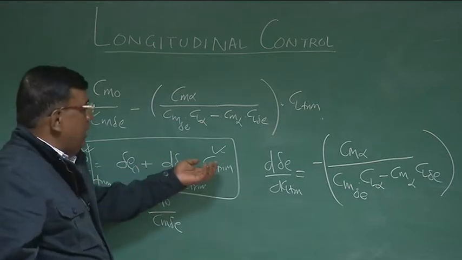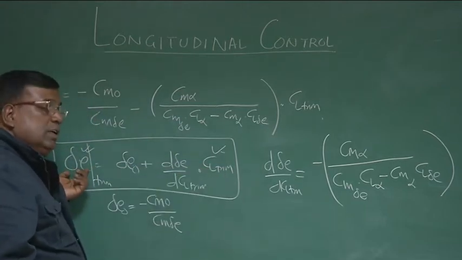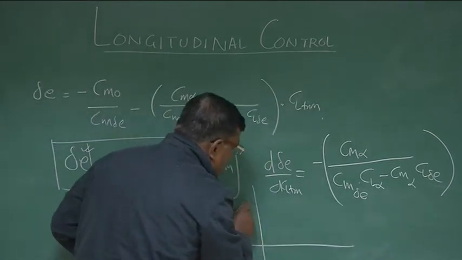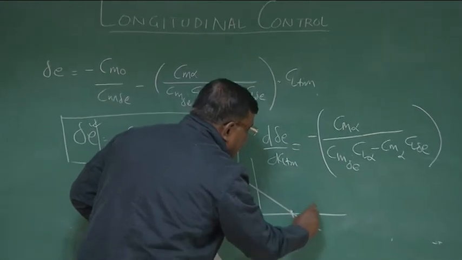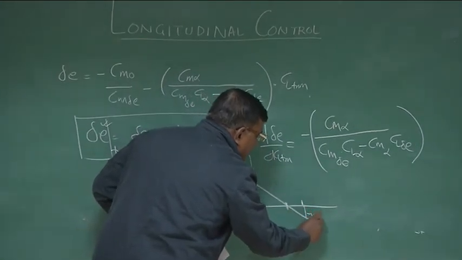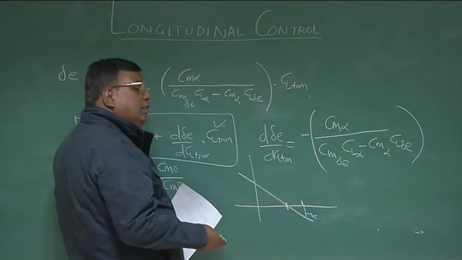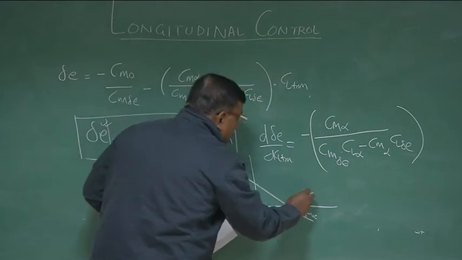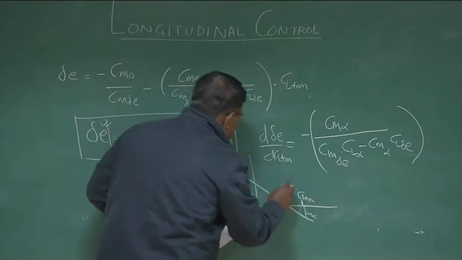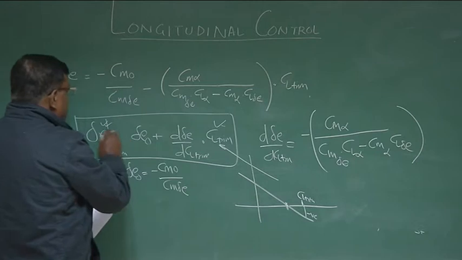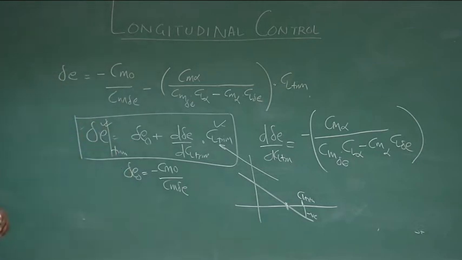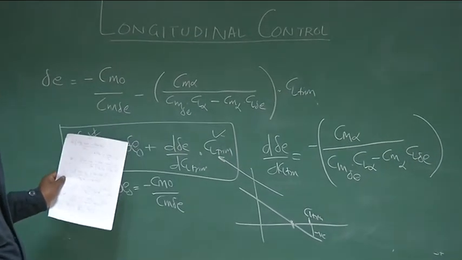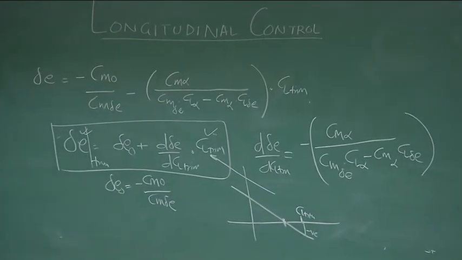I want to know, for a given Cl trim, how much delta E I should deflect. Or, if I take you back to that discussion, I was flying here. If I want to fly here, this will give a negative pitching moment. So I need to generate a positive pitching moment by putting the elevator up. How much elevator up? That will be decided by what is the Cl trim here and what are these values. So I know how much elevator up I have to do. As simple as that. Okay? So that is why I say this is a control solution for elevator, and you call it elevator control.